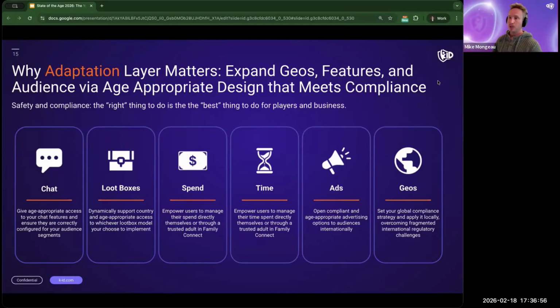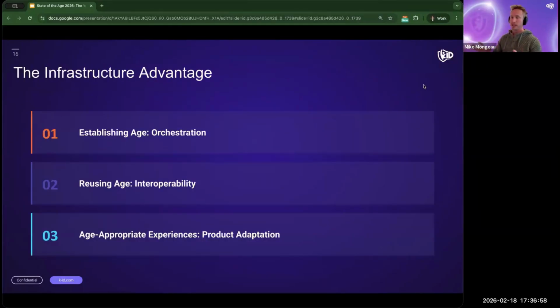All right, so the result here, though, is this. It's not a smaller product behind a compliance wall, right? It's a larger addressable audience. And this is where I think a lot of folks think safety actually harms conversion, but actually age appropriate by default, auditable under enforcement and delivered without building or maintaining compliance logic in-house actually expands your addressable market.